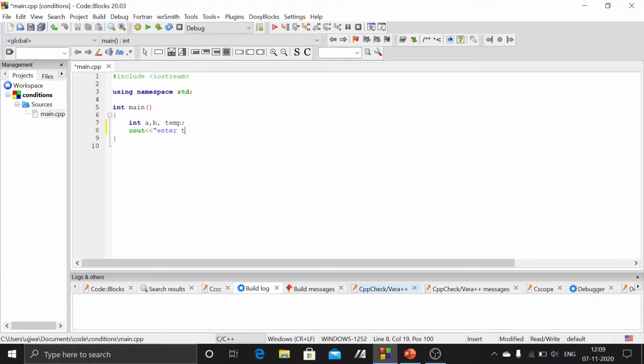Now we'll ask the user to enter the values of a and b. Now when we have got the values, we'll apply the if condition. The syntax is if, then the condition, and then the statements inside the block. So if a is greater than b, what we will do,